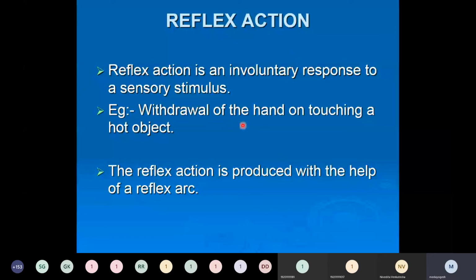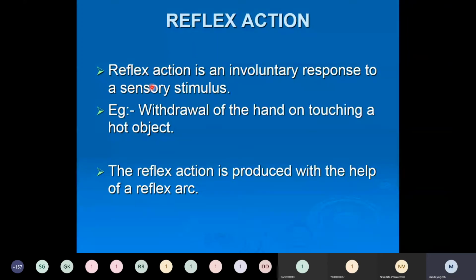Whatever action you are doing, this is happening involuntarily. Immediately, your brain will calculate in milliseconds and analyze that whatever object you have touched is very hot and it can damage your skin and tissues. To protect your body, it immediately sends a response so that you drop the vessel and your body is protected. Okay, so for any kind of sensory stimulus where you see an involuntary response,